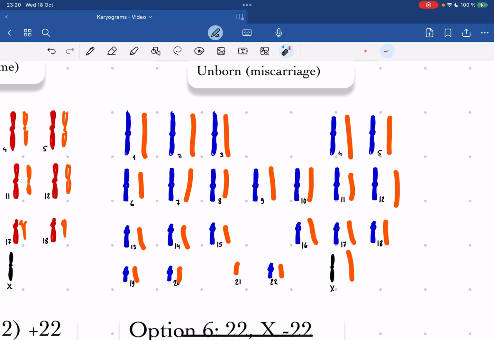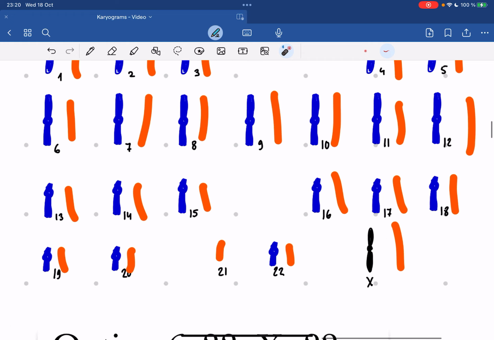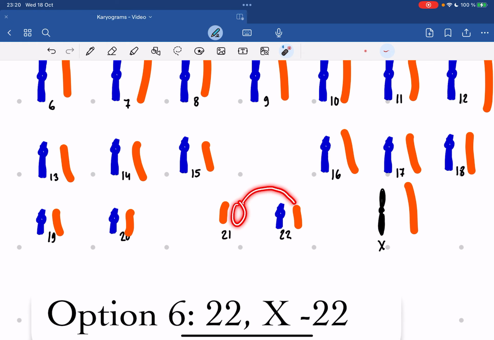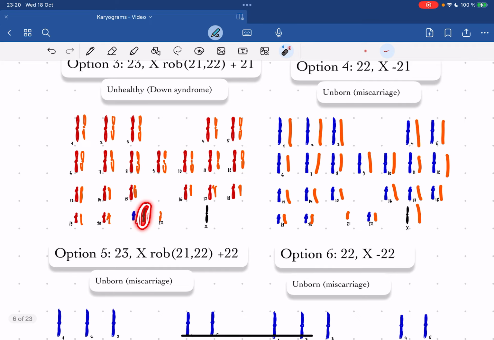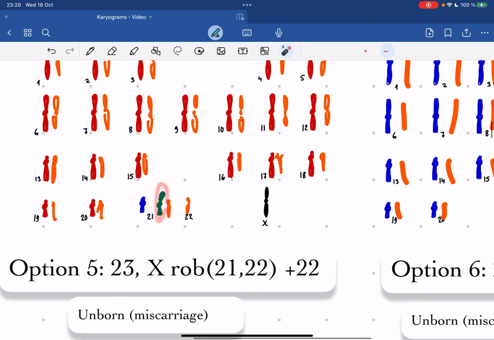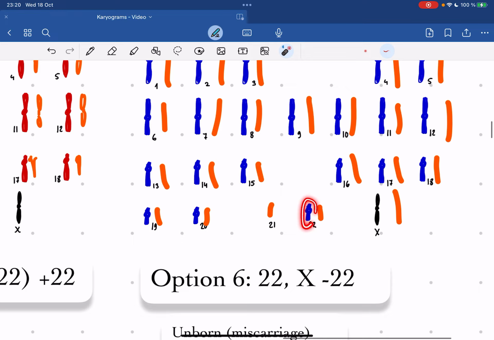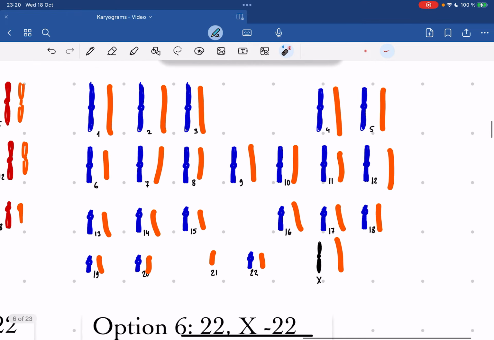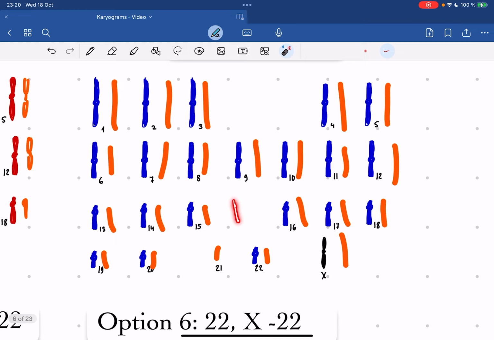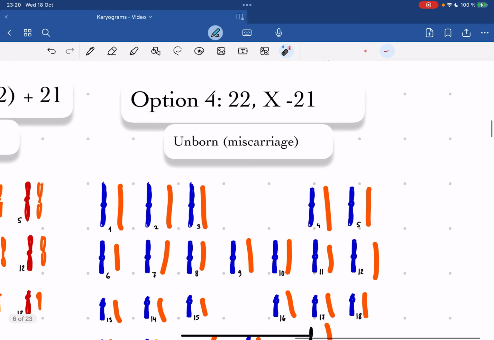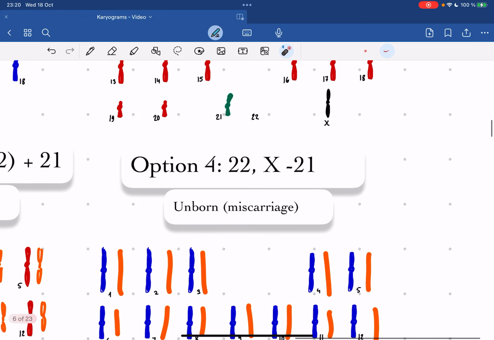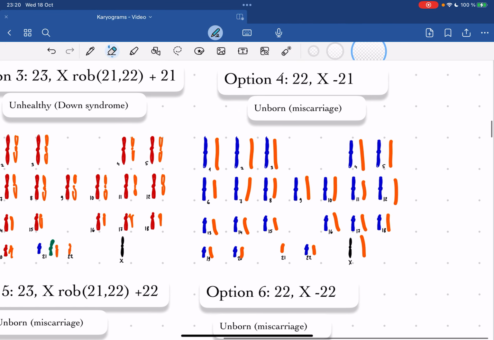Now you may ask, well, didn't we have Robertsonian only one? Yeah, but in the Robertsonian, the other one was translocated into another chromosome. In our case here, because we're losing, we're not taking this mega super duper chromosome with us. We're actually picking only this one. Because of that, we've lost a chromosome, and therefore it's a monosomy. We have a minus one chromosome in chromosome 21, which is here, and that will lead to a miscarriage or